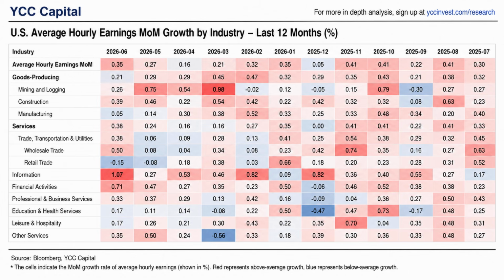Overall, this broad dispersion suggests that wage pressures are becoming increasingly sector-specific rather than economy-wide. That distinction is important because broad-based wage acceleration typically poses a much greater inflation risk than isolated strengths in a handful of industries. Today's data therefore reinforce the broader narrative we've seen throughout this presentation. The labor market is transitioning toward normalization rather than overheating again.